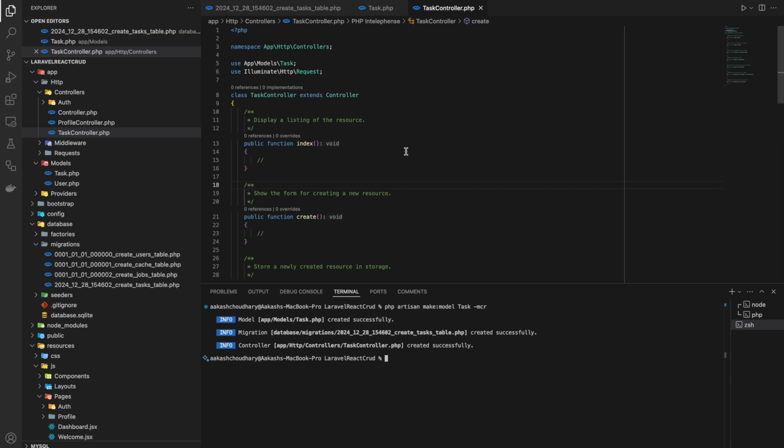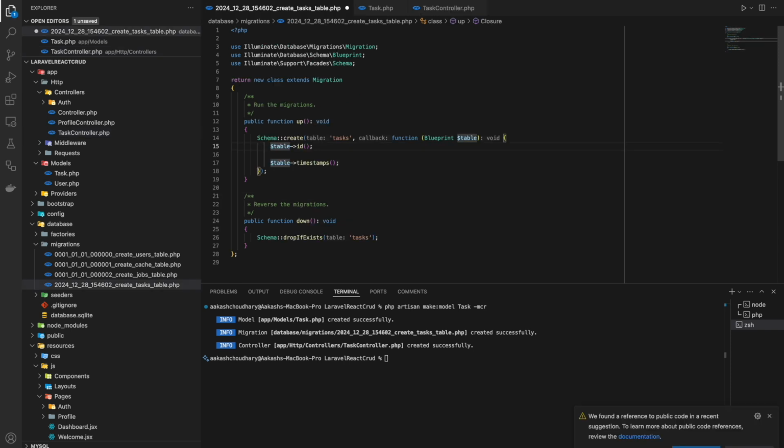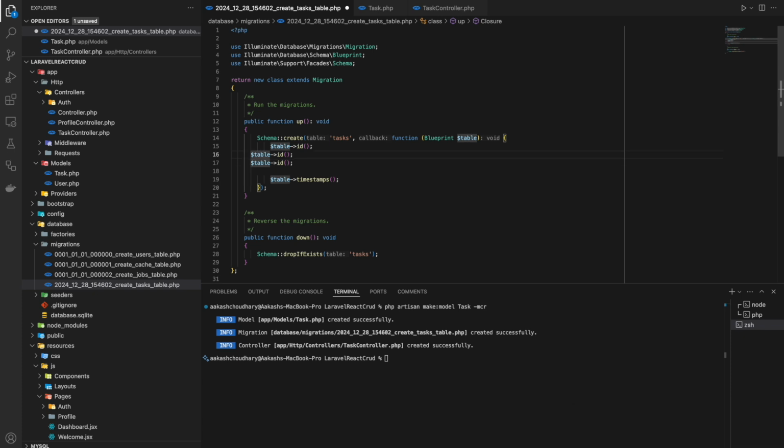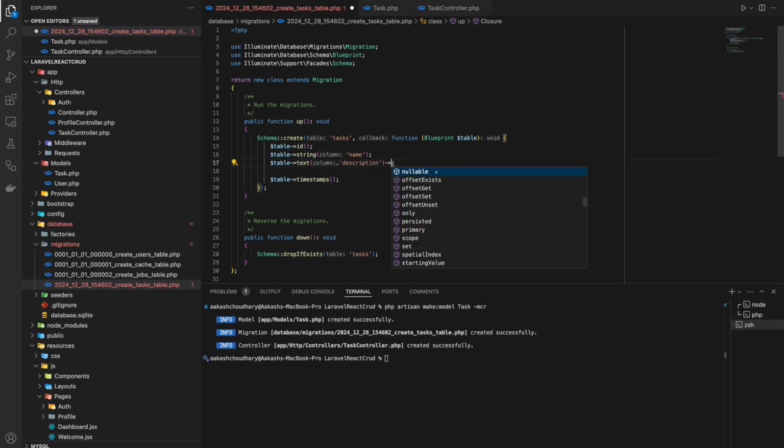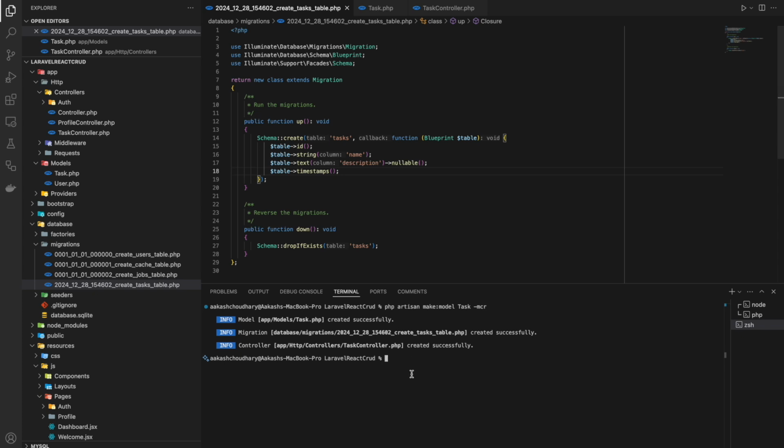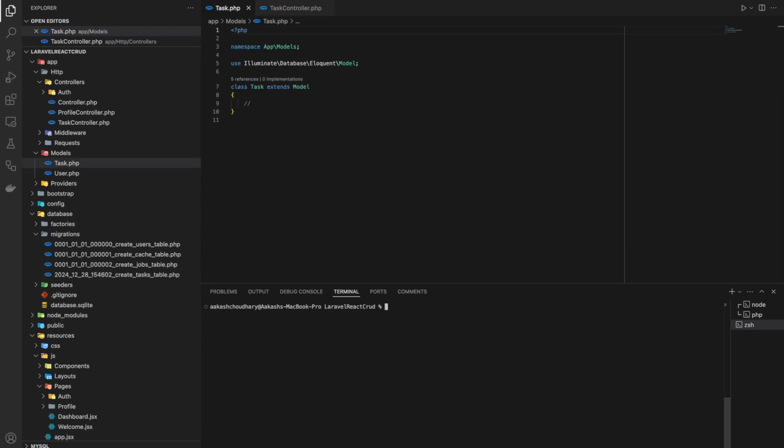So now let us jump to creating migrations. I'll add two more columns here, named name and description. So name would be a varchar type, so I'm taking string, and description would be a text which can have null values. So I'll add one more call to the function, that is nullable, and now I'm running the migration. So it ran,